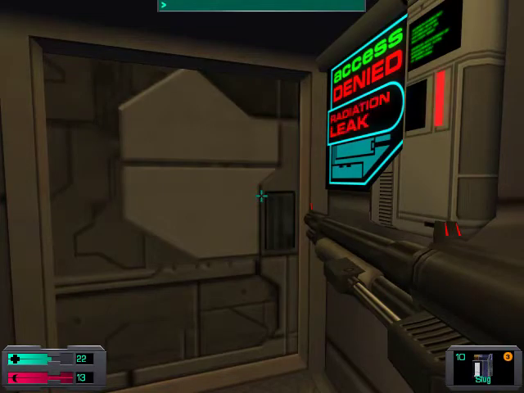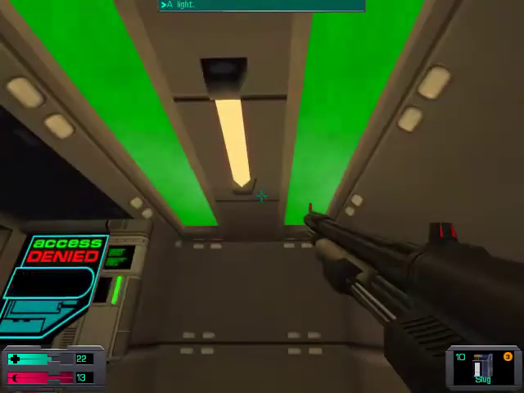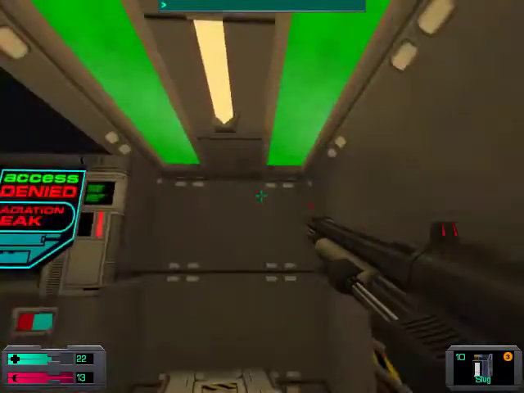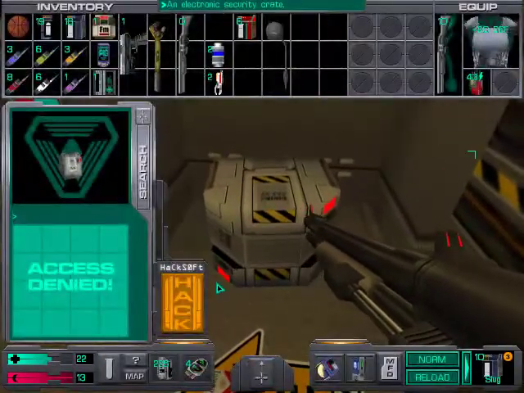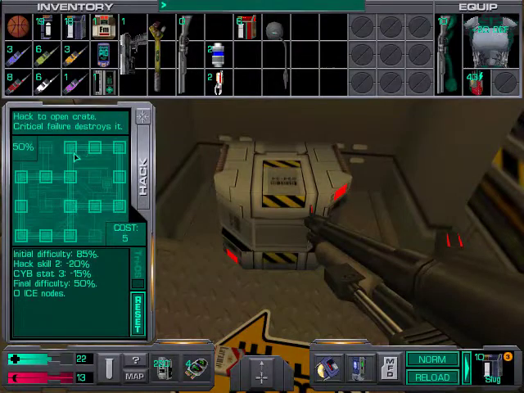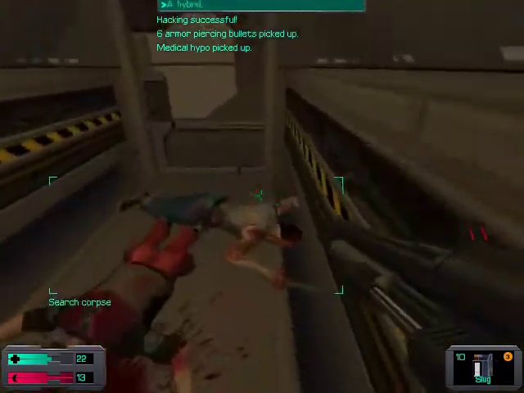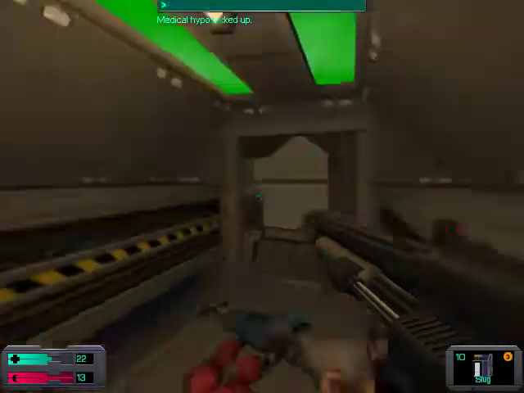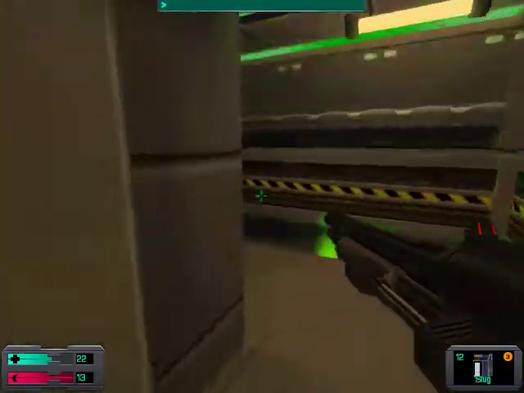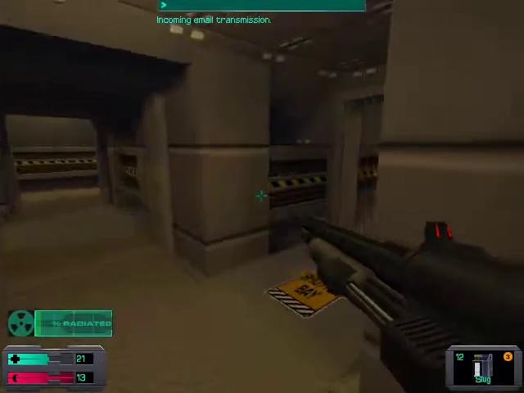So that's why this deck is freaking annoying, because somebody decided to just fill this joint with radiation. Apparently these are the coolant tubes. I don't know, they're weird. But in the meantime, we will start hacking this crate. Thank you. No ICE nodes, so it's very easy to hack. Yeah, we got armor-piercing bullets, because we used just about all of them against that maintenance droid. So yeah, rad hypos are going to be your best friend here. If I had psionic abilities...